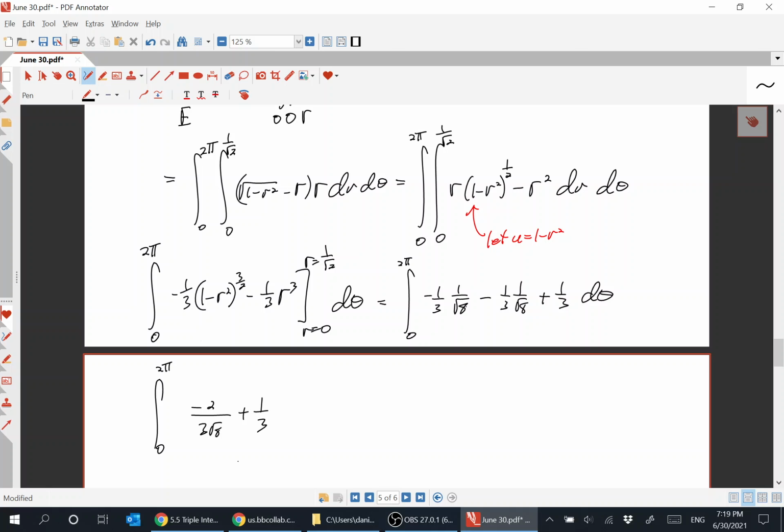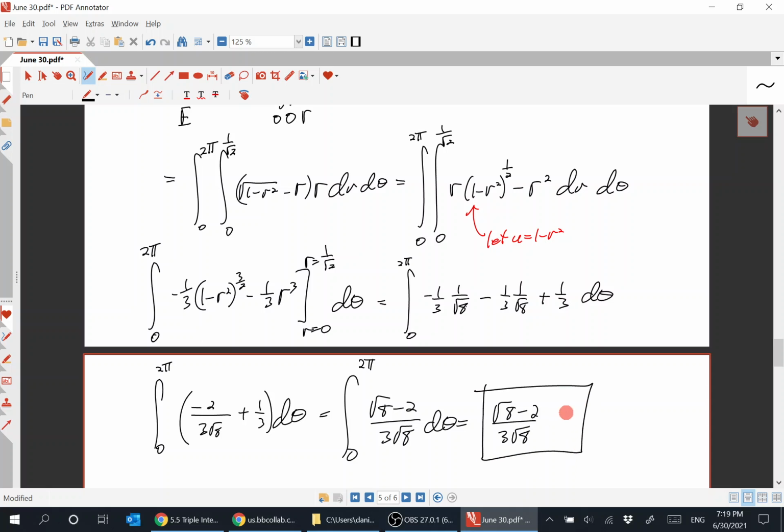Oh no, the bottom here is large. So what do we got here? This is root 8 over 3, so root 8 minus 2 over 3 root 8. That's because the square root of 8 is bigger than 2. So root 8 minus 2 over 3 root 8 is, of course, a constant. All that times 2 pi. And so that's the volume of